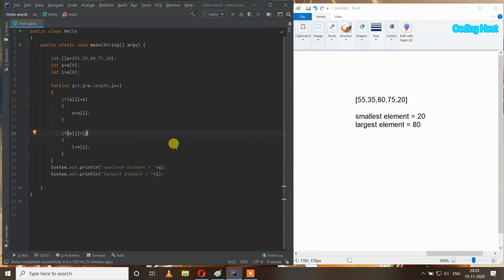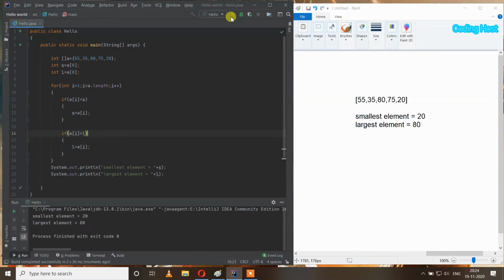So now let's run this program. In the output we are getting smallest element is 20 and largest element is 80.